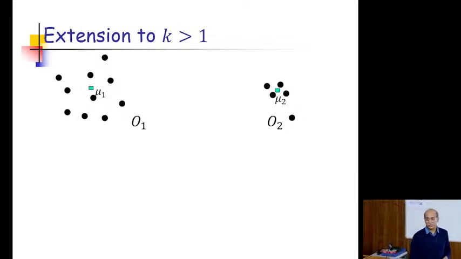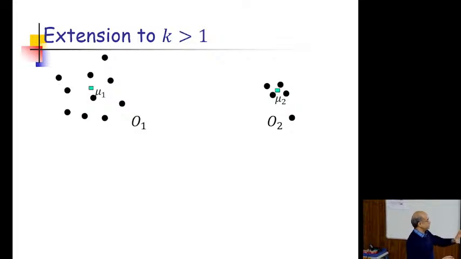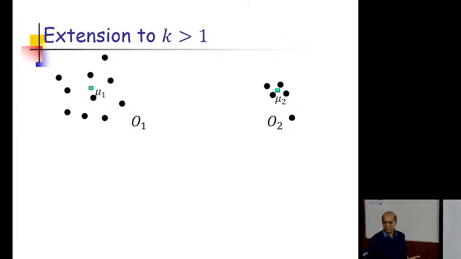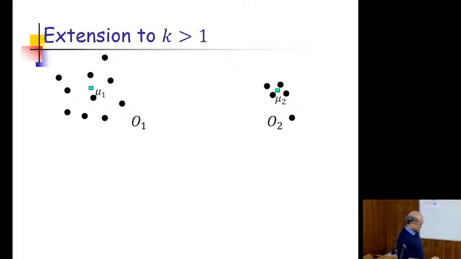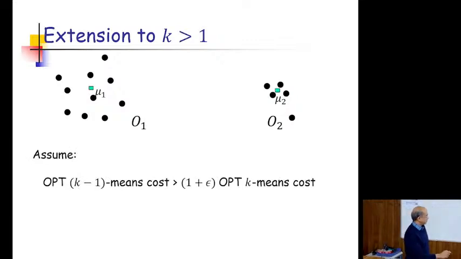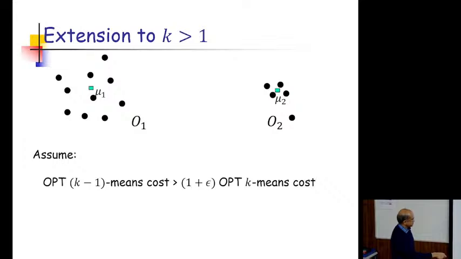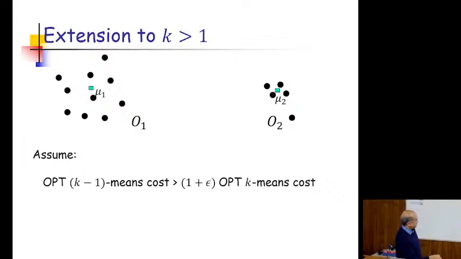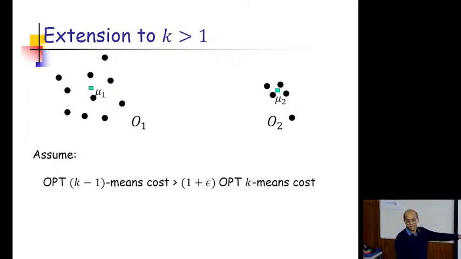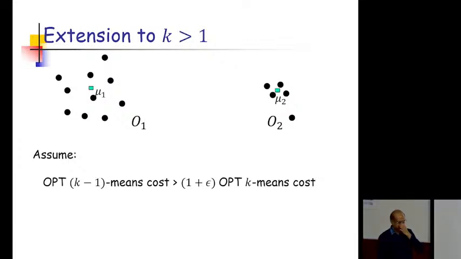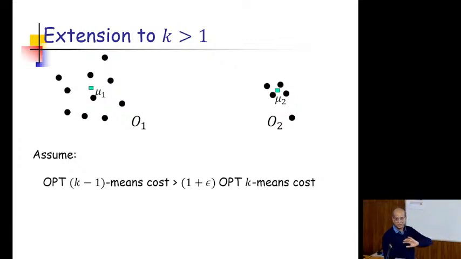Okay, so how do you extend it to, let's say, more than one cluster? Let's say you are in 2 clusters, k is equal to 2, and you just want to extend this idea. Let's do the same thing. The first step is, and this is a technical assumption but it's without loss of generality, that the k-means cost, k is somehow the right number. So the k-means cost is somewhat smaller than the k minus 1 means cost. For example, here the 2-means cost is somewhat smaller than the 1-means cost, by at least an epsilon factor. Otherwise, why are you solving 2-means? You might as well solve 1-means. So there is a separation between 2-means and 1-means.